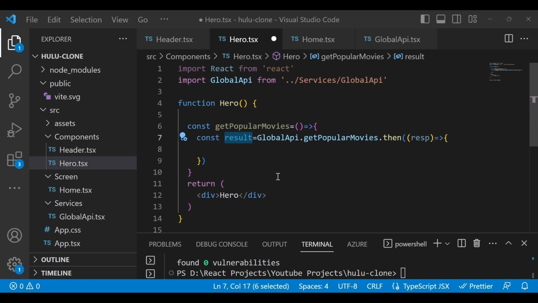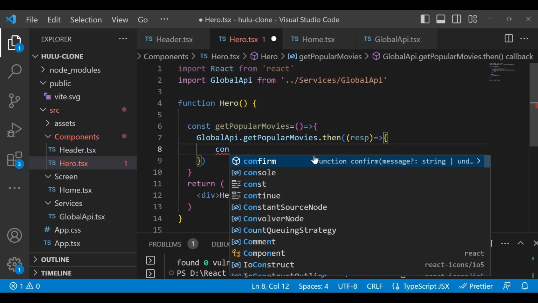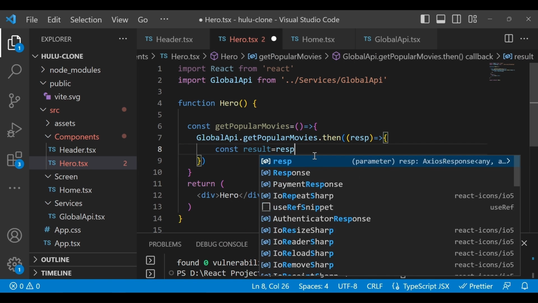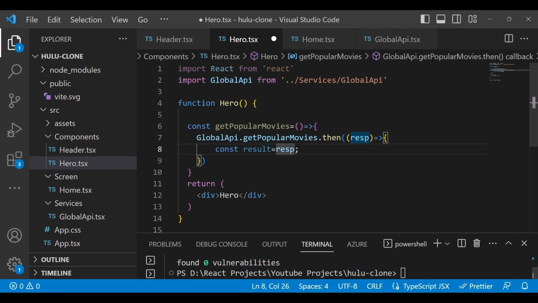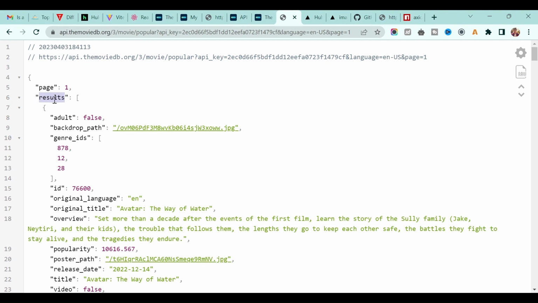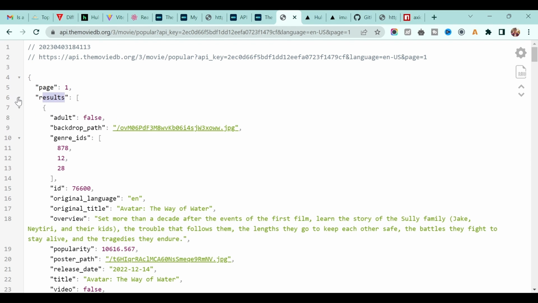Actually, we will store it like this: constant result is equal to response. If you see this API response, our whole list is stored in the results array, and we have a lot of pages, but we store it in the result. So what you have to do is